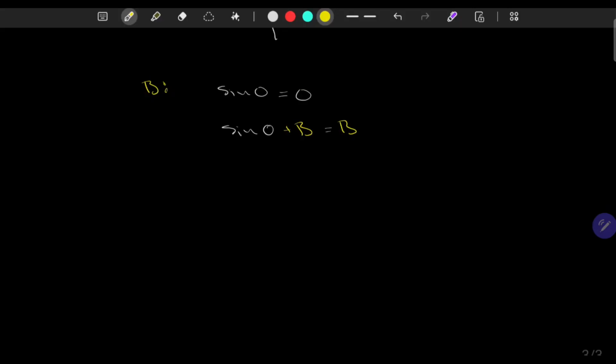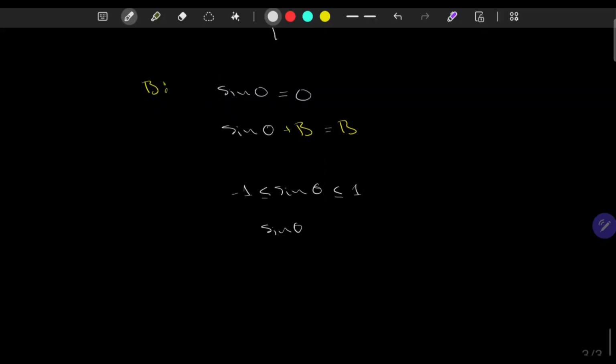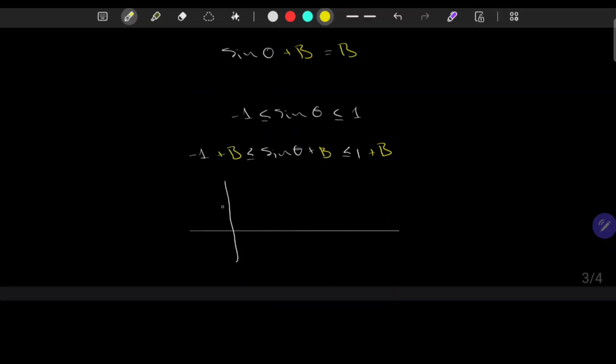So the whole sine function is translated up or down the y-axis, but it's easiest to see for the 0 argument. The sine function is just between 1 and -1, but sine of theta plus b would be between 1 plus b and -1 plus b. So if we try to draw this,